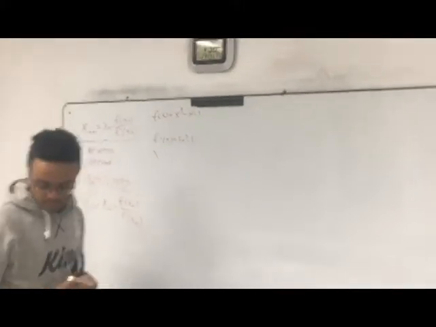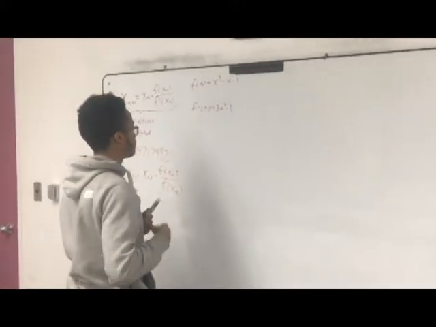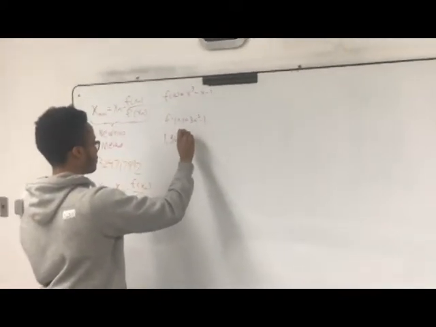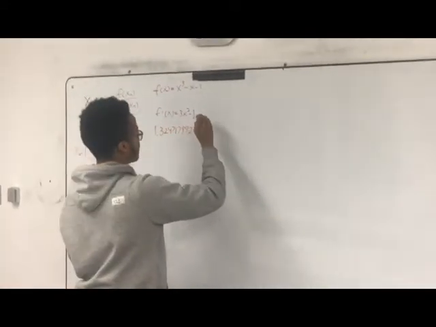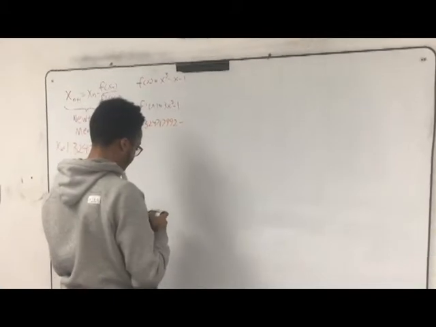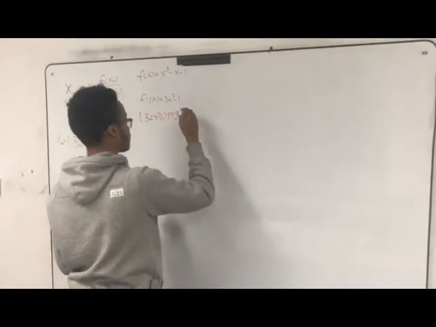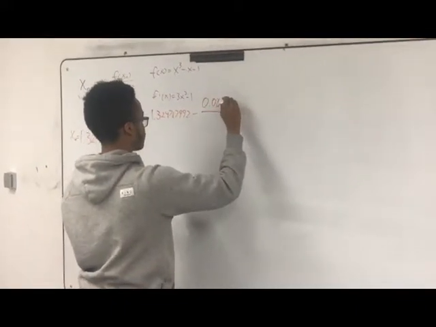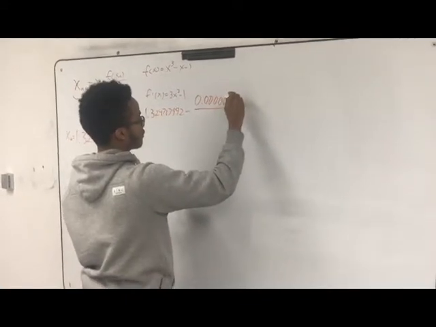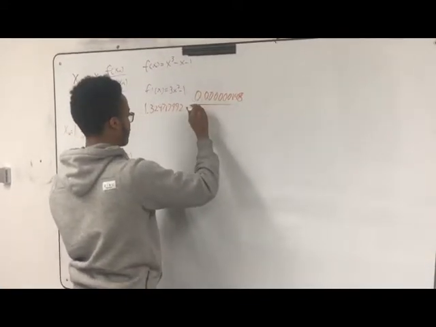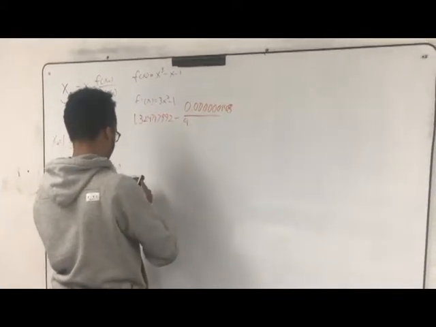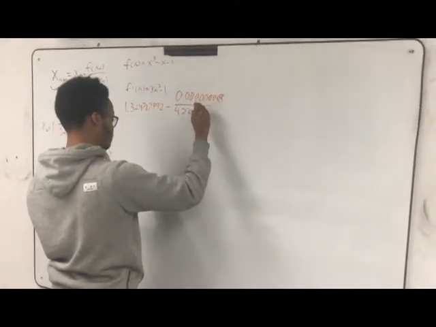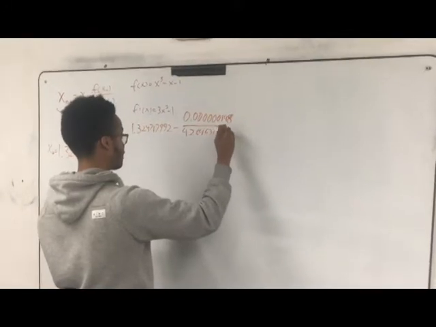We have minus what we had from our first, which is 0.000000148 divided by 4.264633275,